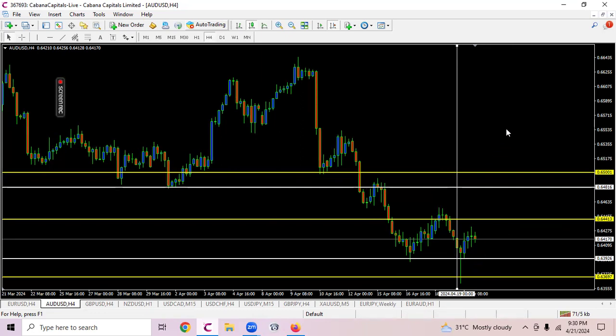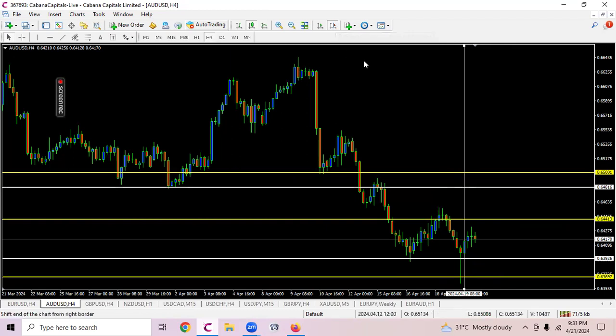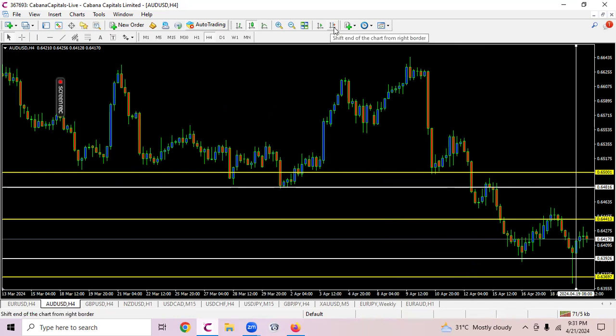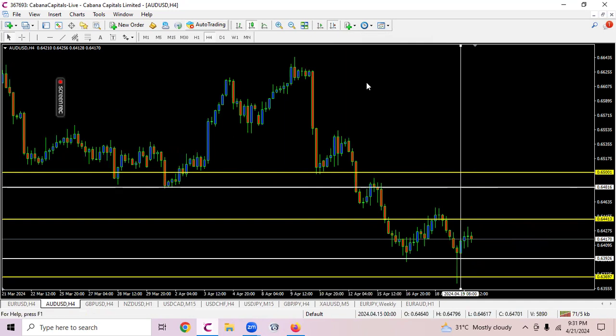Okay, so that's a confirmation for me to buy or to go long on Australian dollar USD. Now, after the formation of this hammer, as you can see, I'm sharing my strategy with you guys. So it's not a must that you get the replay. But I just believe, as I say, repetition leaves a deep and lasting impression. So you might just have the video so that you can watch it over and over again so that you can master the strategy. So you can see after the formation of this hammer, I believe a fair value gap